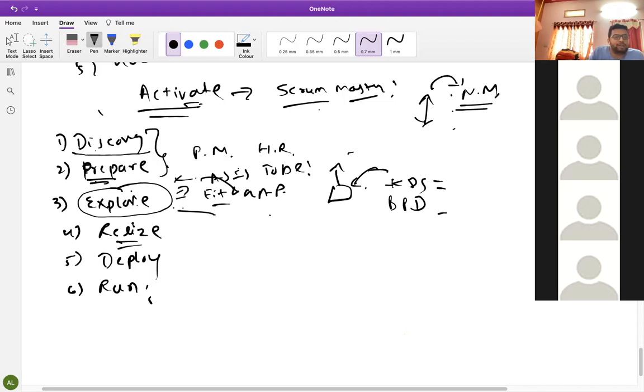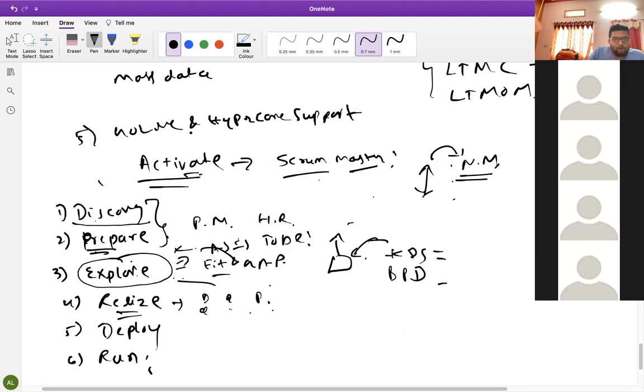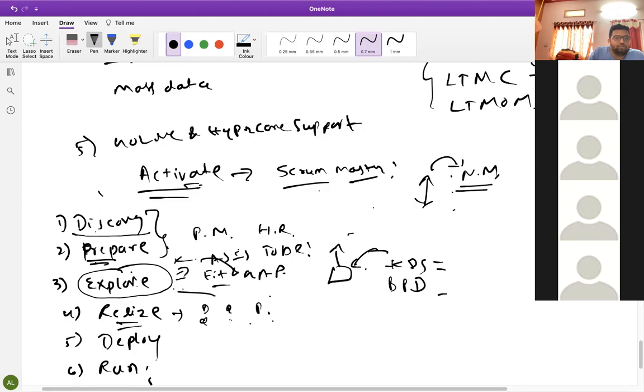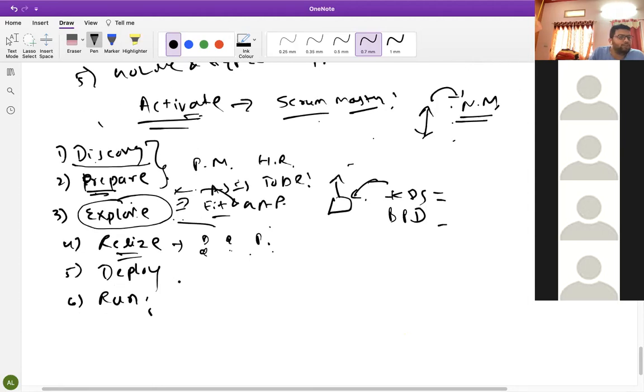In the realize phase, again server installation will happen. Again there will be development, quality and production servers. Again we will do the configuration and testing, everything here. In each and every phase, these people have practice server access. Whatever we are doing, they can check. Whatever presentation we are showing, they can check. So the problem we faced in the ASAP methodology is resolved here in the realization phase.